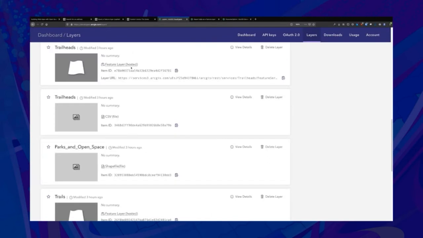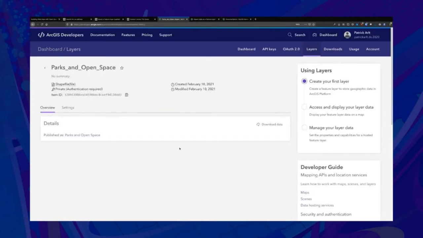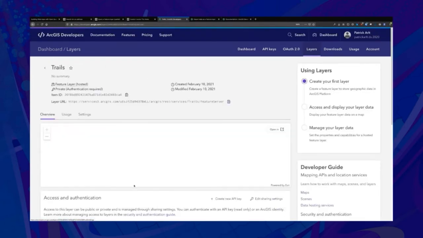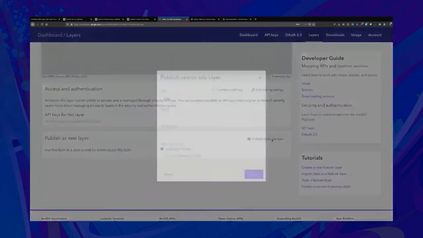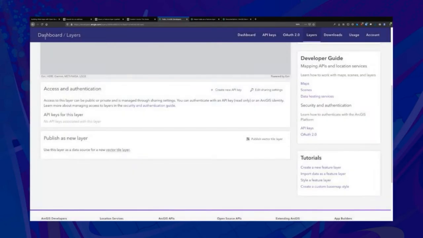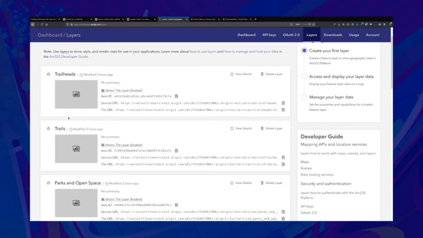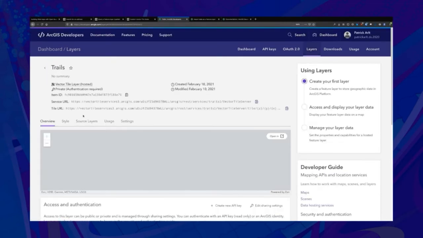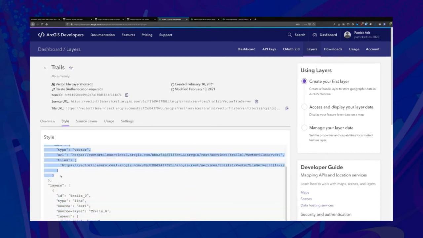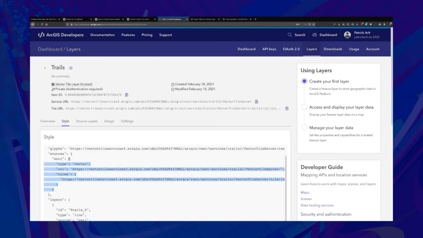But if you want to get it as vector tiles, you can actually publish it as vector tiles. If you go into the details of your layer, you can publish a vector tile layer. And you can do things like select which fields you want to publish, and you can use this to create vector tiles. So this is the vector tile version of those trails. And if I go into view details, you can see that we actually give you kind of a default style. And this is exactly what I'm copying